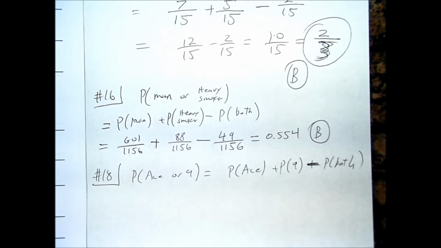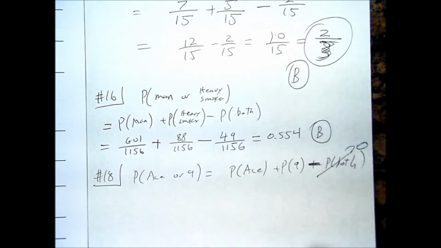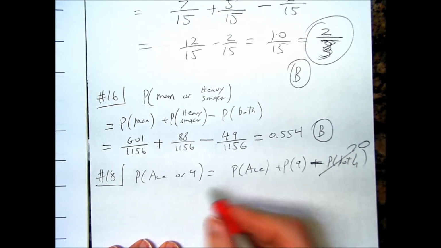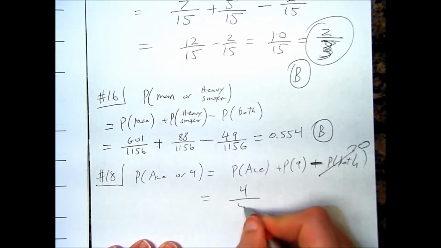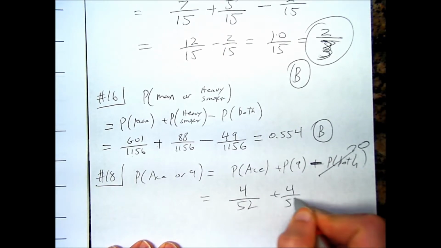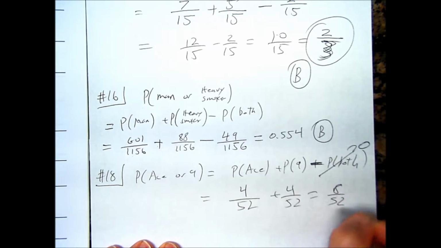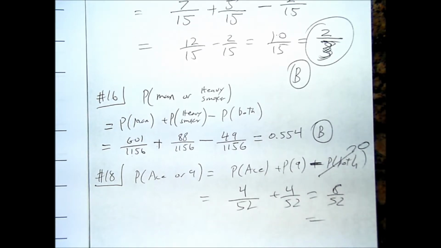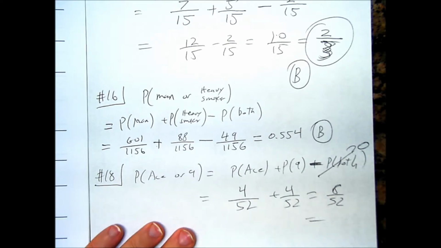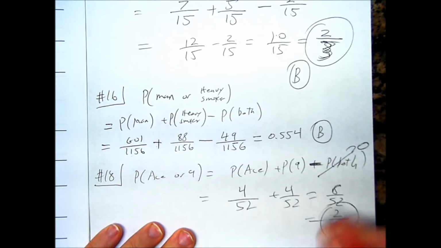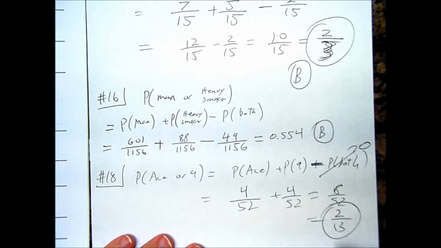But sometimes we think about it and we're like, wait, what's the probability of getting a card and it's both an ace and a 9 at the same time? And that's not possible. There's no card that's like that. So you just have to add up, well, there's 4 aces in the deck out of the 52, and there's 4 nines in the deck out of 52, so it's just 8 out of 52, which reduces to 2 out of 13, which is D.